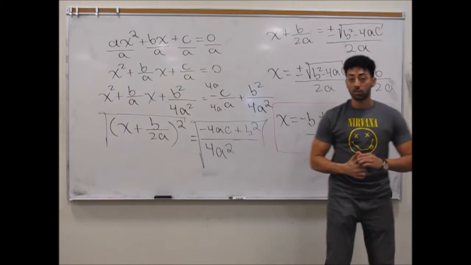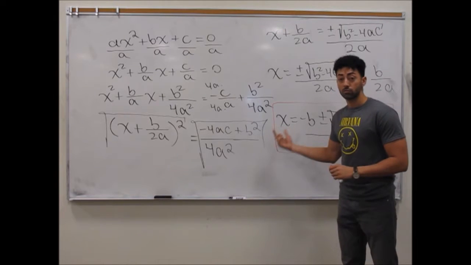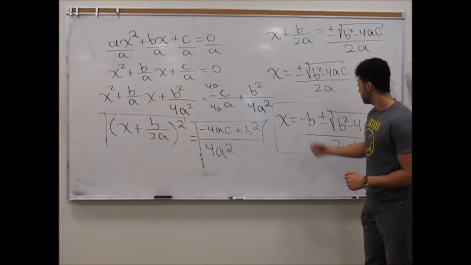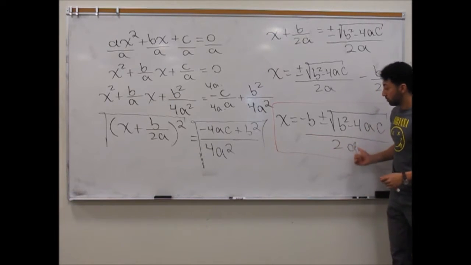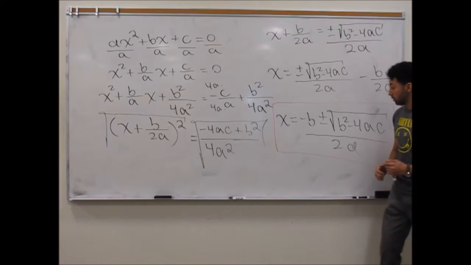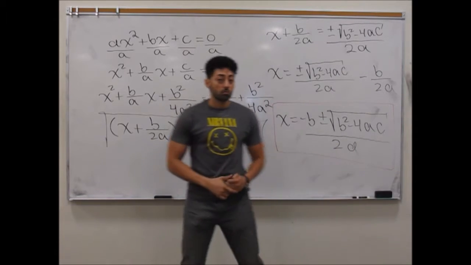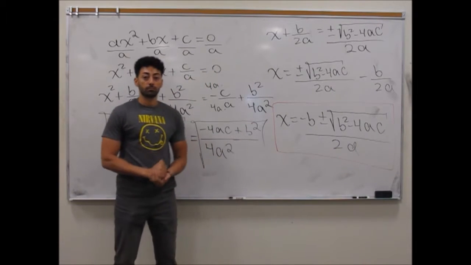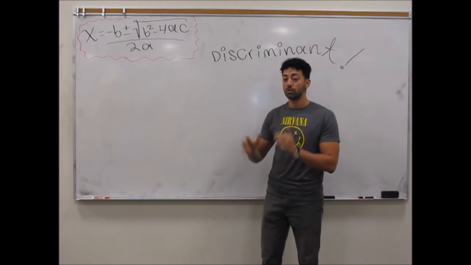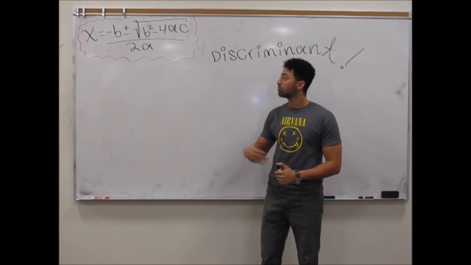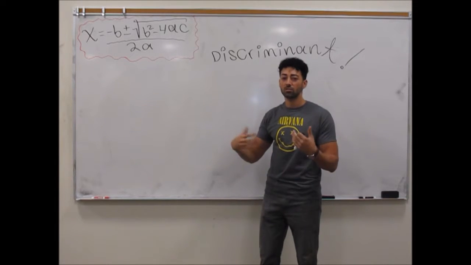So the quadratic formula is x, which is our solution, equal to negative b plus or minus the square root of b squared minus 4ac, and everything's over 2a, not just the square root part. So now that I've derived it for you, we're going to go ahead and use it. Alright, so actually before we start doing some problems with the quadratic equation, I wanted to mention something to you